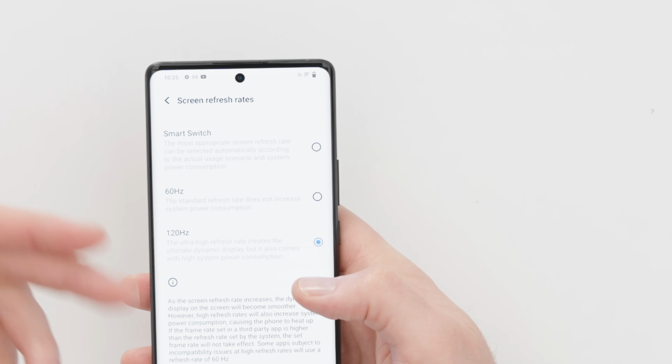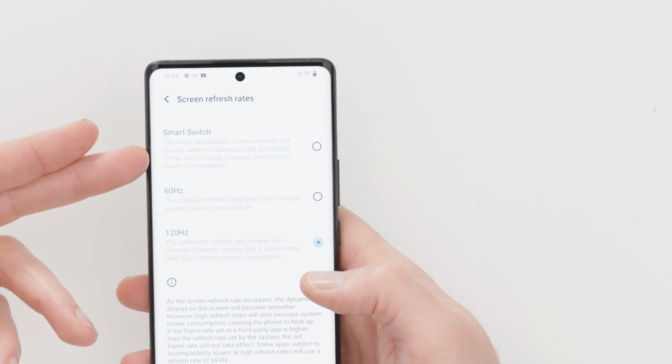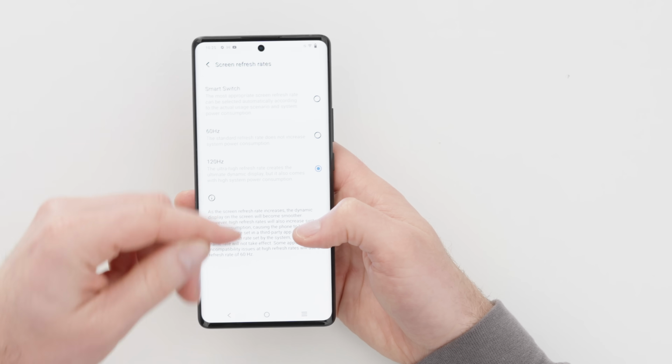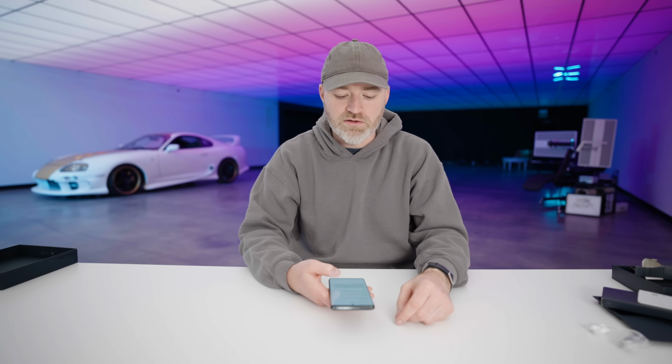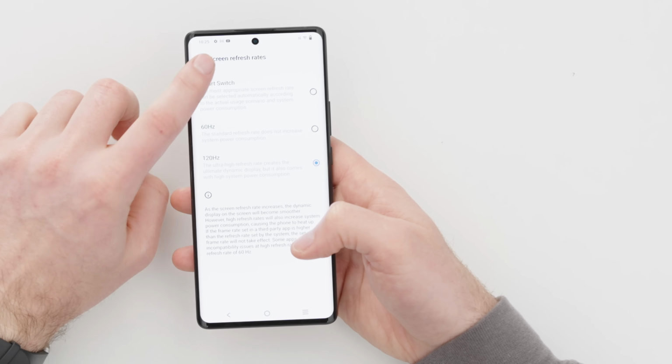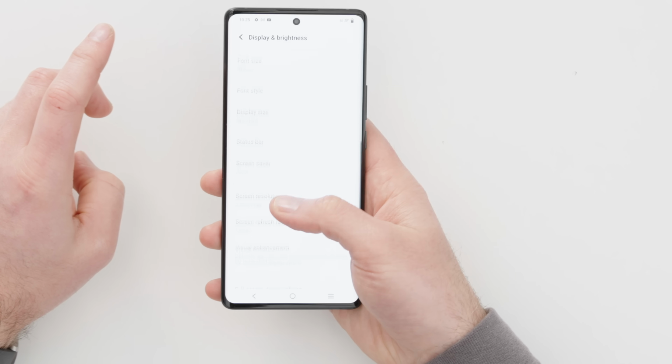Screen refresh is kind of the same. There's a smart switch feature which will dynamically shift between your slow and fast refresh depending on the circumstance. 60 hertz to lock it for battery savings at the lower refresh. And then once again, I'm gonna put it at the ultra high 120 hertz and keep it there for maximum